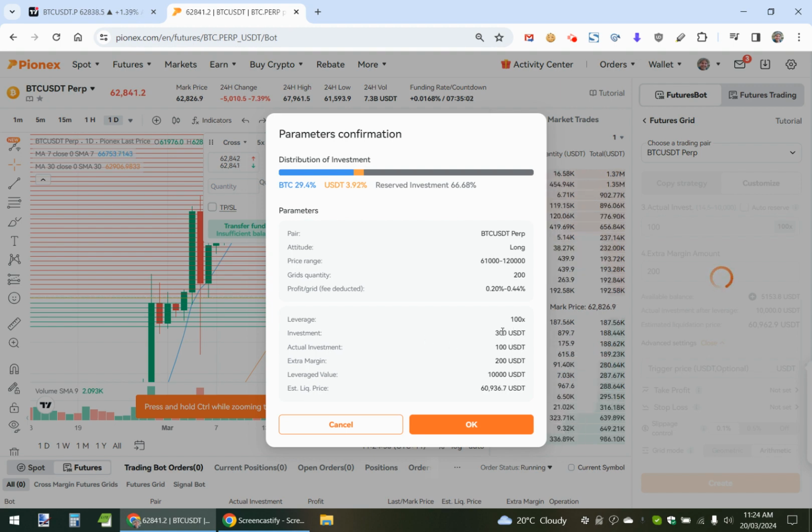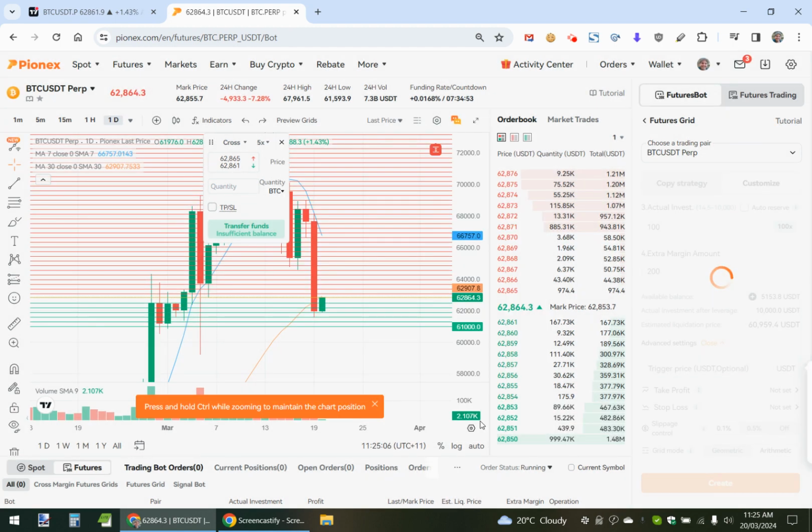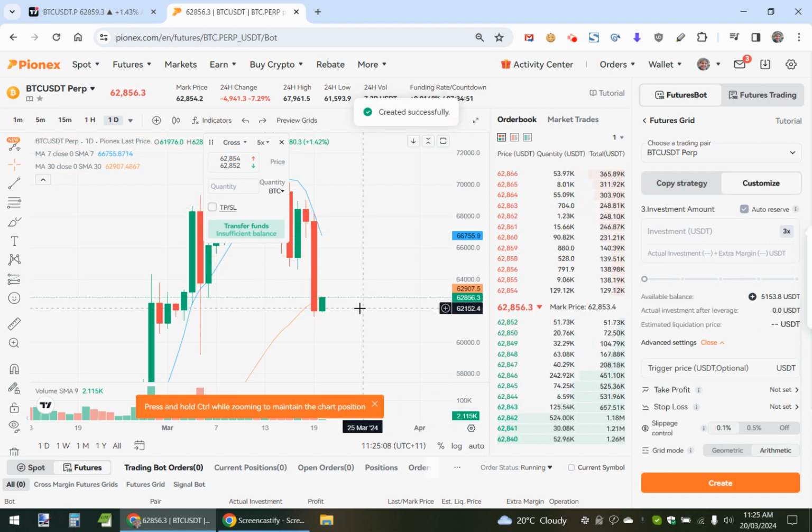See, it says my investment's 300 because it's $100 plus $200 margin, which means my leverage value is 10 grand, and I'm going to get liquidated at 60,000. So let's go OK. And so my grid is now being